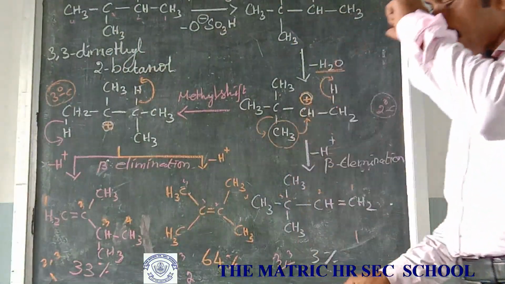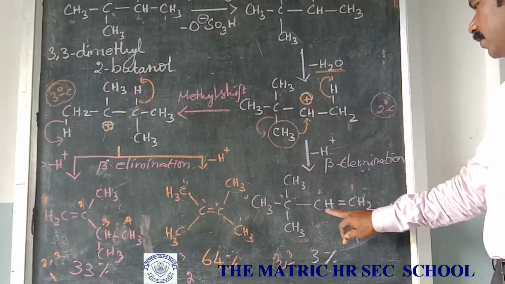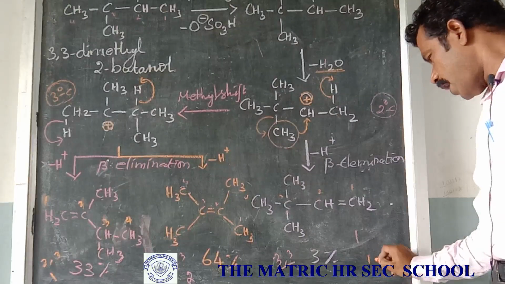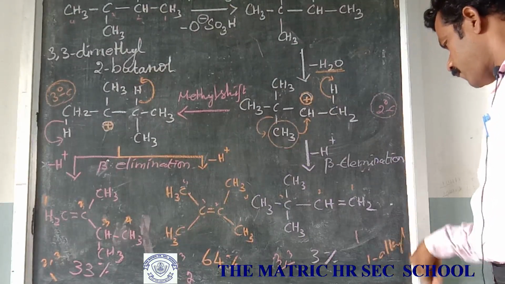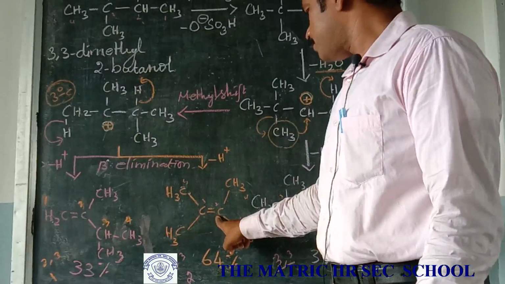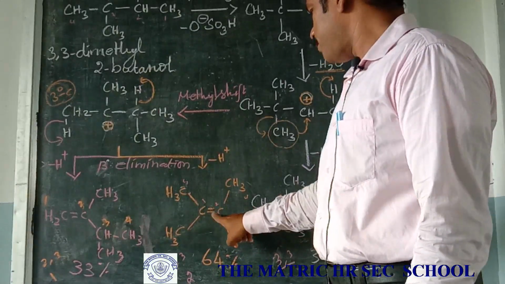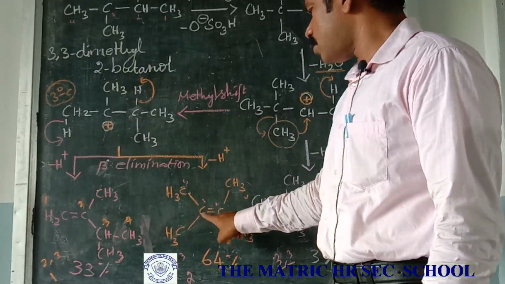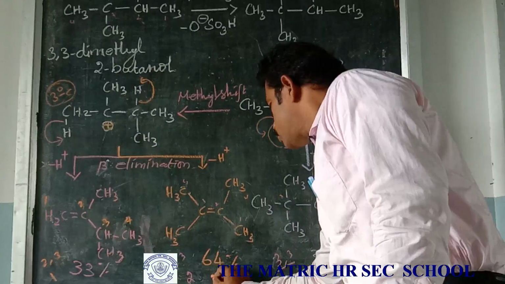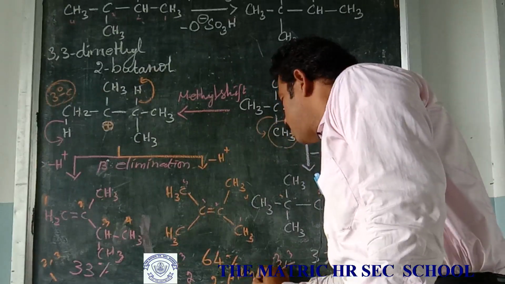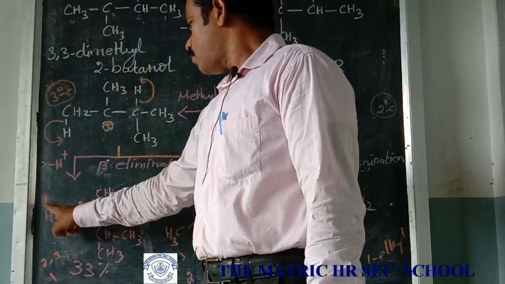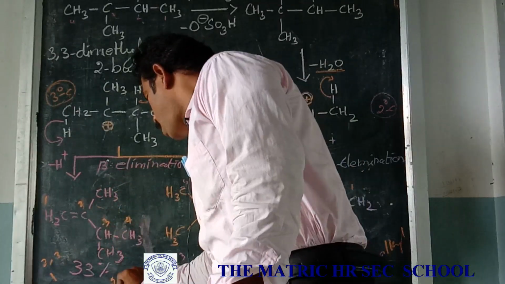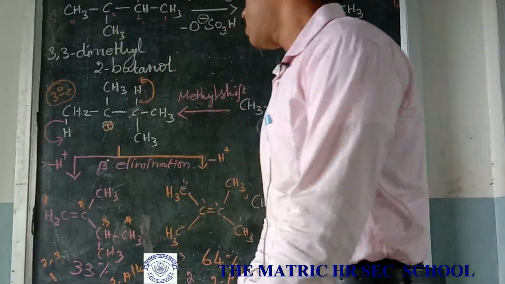So how many alkyl groups are present on the olefin carbons? In this olefin compound, only one alkyl group is present. In the other, at position 1, 2, the olefin carbon takes 2 alkyl groups. The same for the first carbon and second carbon, one alkyl group on this one and another alkyl group on that one. So 2 alkyl groups are present. Okay.